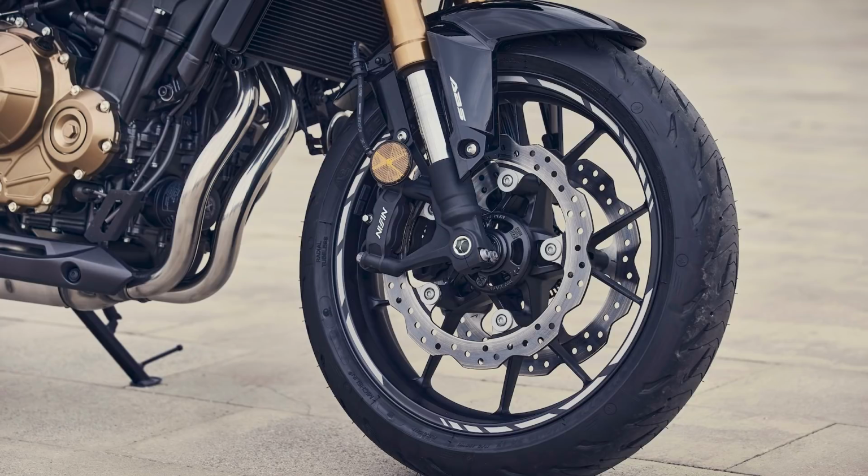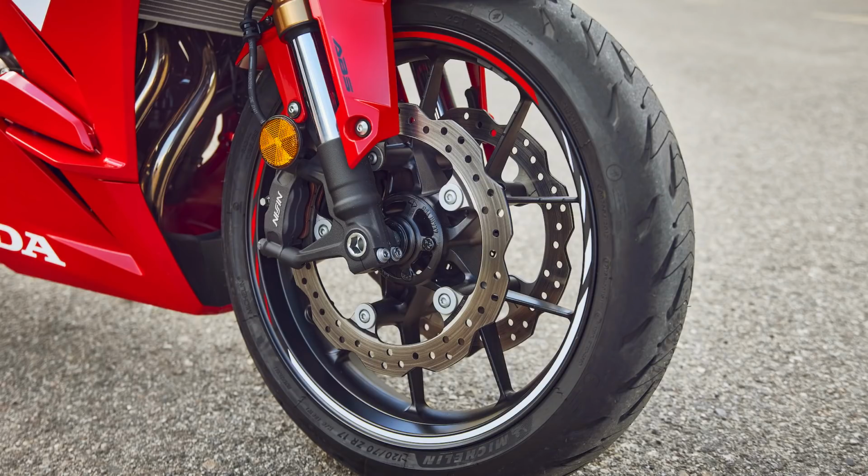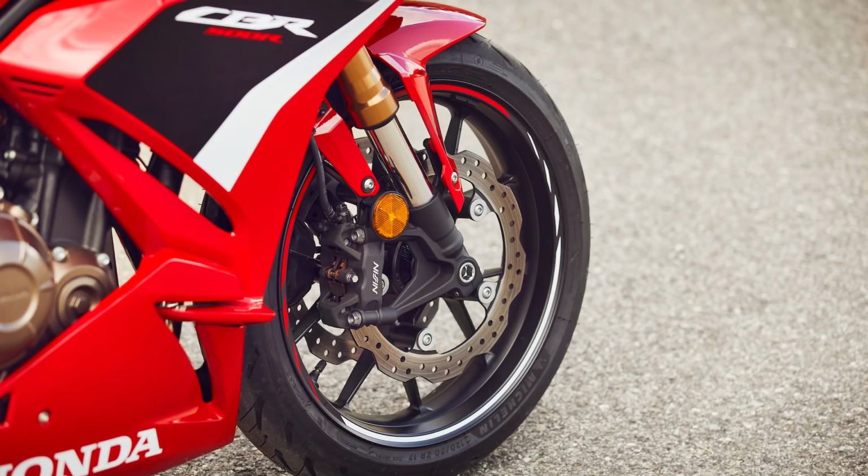Braking gets a massive boost with 2 discs at the front now instead of 1. Now the disc size has dropped from 320mm to 296. Honda say it's intentional to keep the weight gains to a minimum, but the new updated 2-piston Nissin calipers are now radially mounted on the F and R,